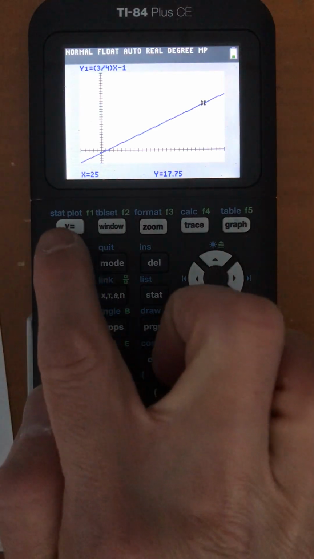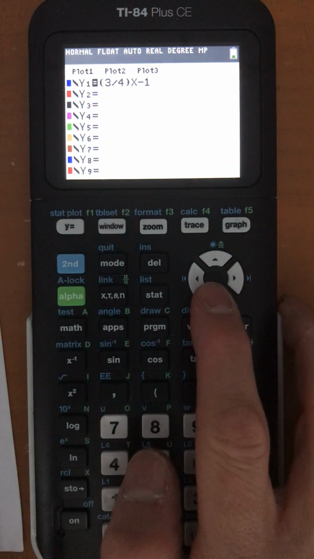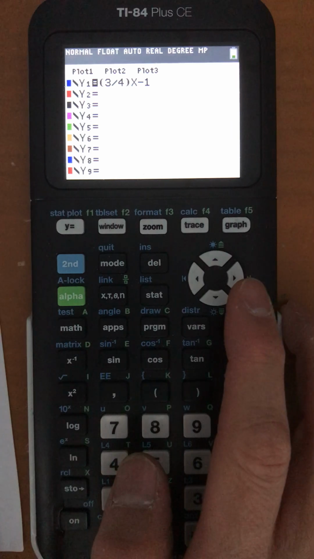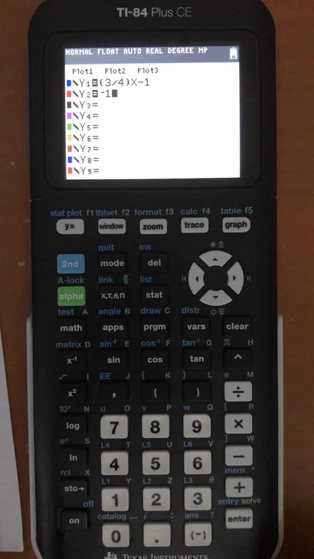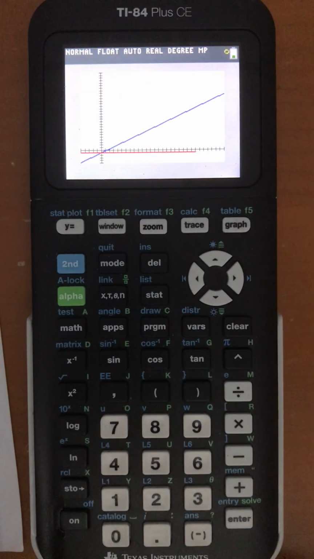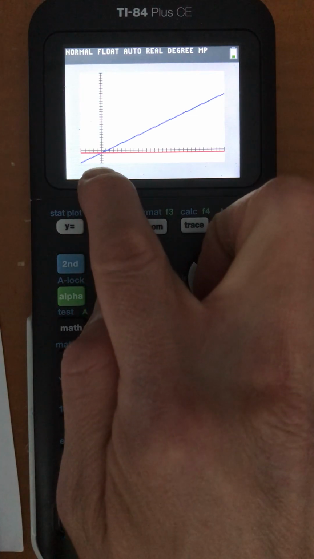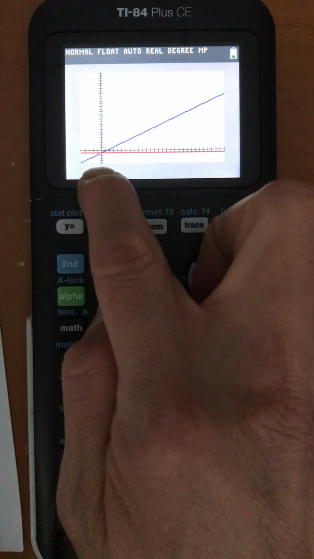Okay, determine the x value for the following y value. So on a TI, I have to go back to my y equals menu. When I want to find an x value given a y value, I have to do this thing where I create another line, y2 equals -1. So there it is. Okay, where the two lines intersect, that's where my x value is for a y value